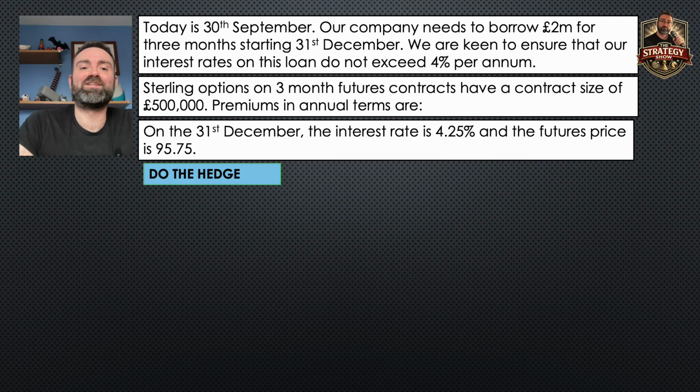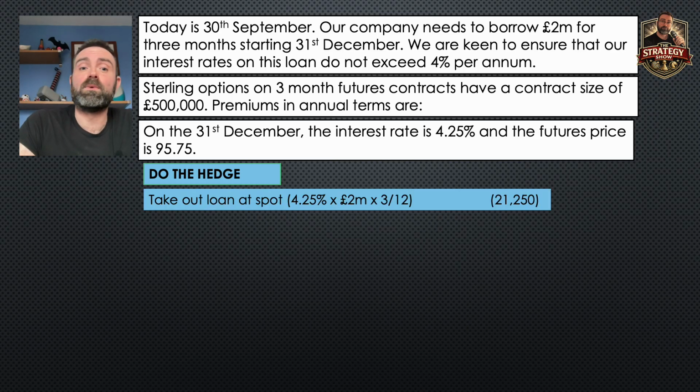Now, the main calculation is happening on the 31st of December when we take out our loan. The first step is, well, we take out the loan and we take it out at whatever the prevailing rate of interest is on the 31st of December. So our £2 million loan will pay an annual interest rate of 4.25% for 3 months. So that's 3/12 of the annual charge. So that gives us an interest payment in total for this loan of